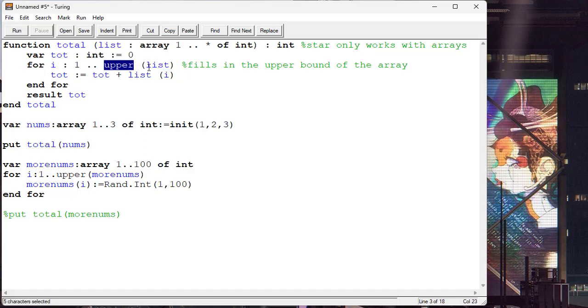function will also help us figure out how many elements were sent as an argument. So then we just add each element up. Total becomes total plus list at spot i until we've gone through the entire array, and then we return the total. The function ends. So for the first example, I declared an array called nums, and I've initialized the three